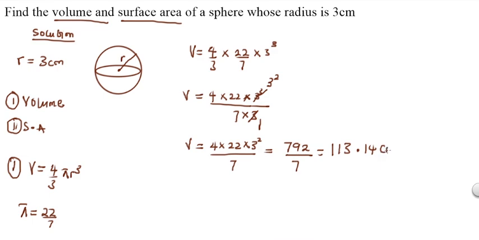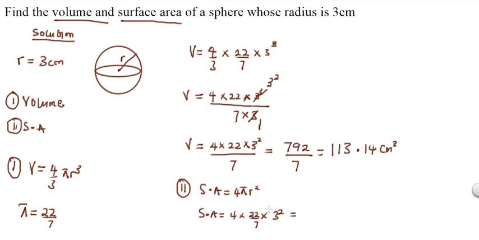So if I say 792 divided by 7, I'll get approximately 113.14 centimeters cubed. So the next thing we are asked to calculate is the surface area of our sphere. Now to calculate the surface area of our sphere, we can use the formula surface area is equal to 4 pi r squared. So now our surface area becomes equal to 4 times pi, which is 22/7, so we have 22/7 here, times the radius,